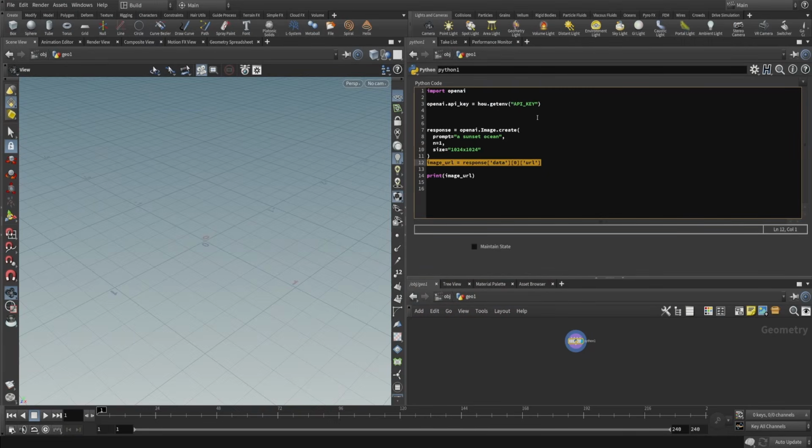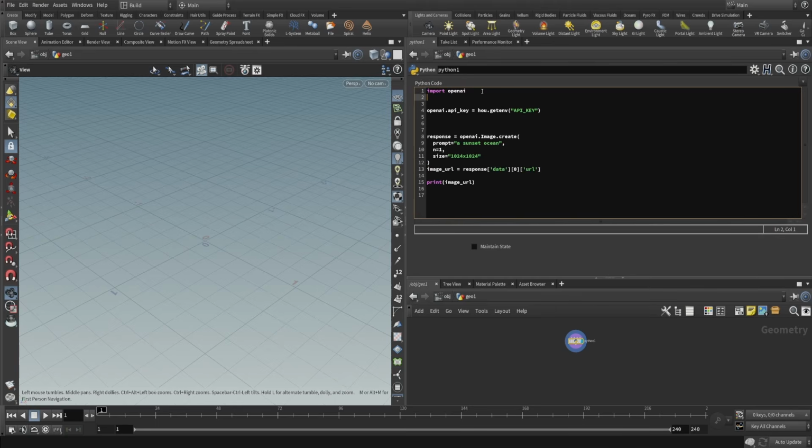For doing that, you need to import another module in Python. Import webbrowser, and then we have webbrowser.open. So here, instead of print, we can say webbrowser.open that URL. Control Enter,